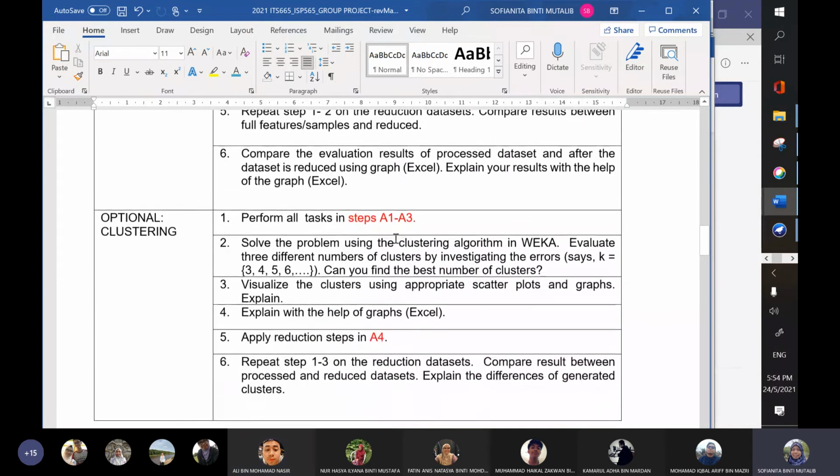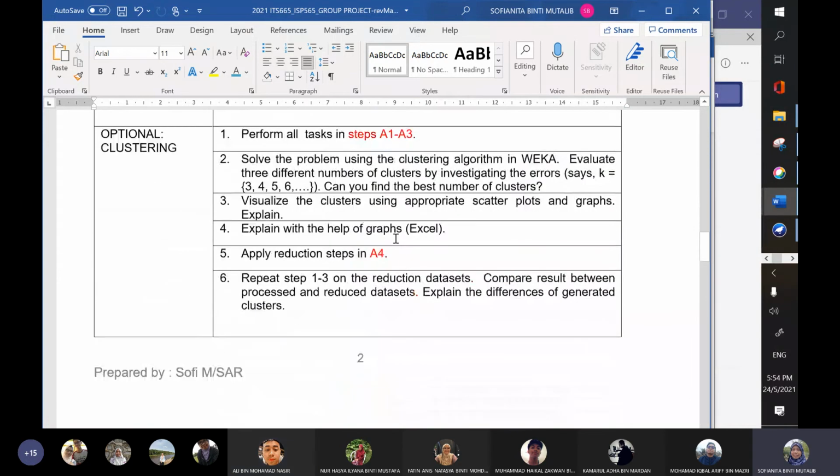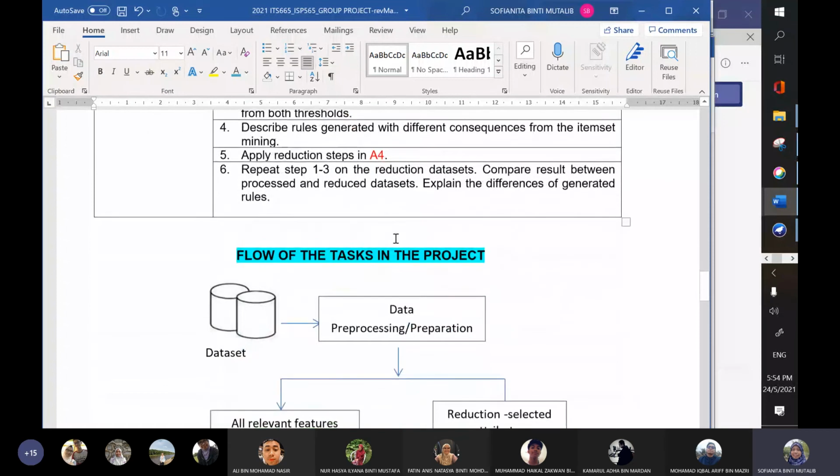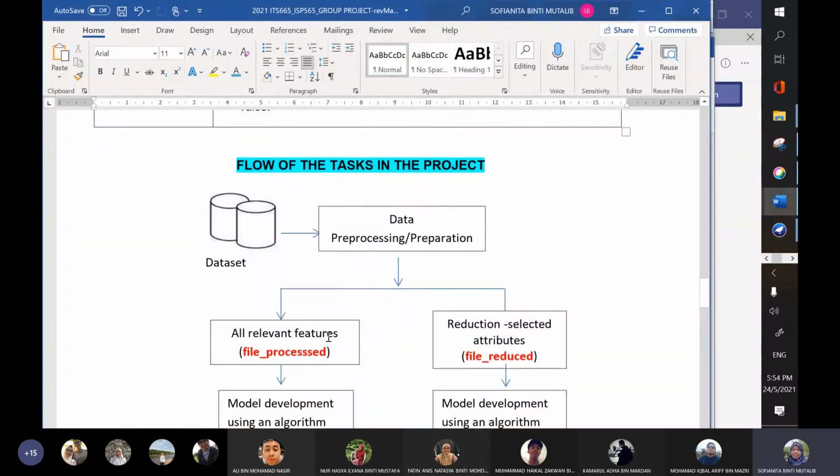Okay, so maksudnya nanti bila you dah dapat data set tu, you kena tahu betul-betul yang mana satu relevant features. Sebab ada certain column tu is not meaningful, means that it has the same value for all instances, like what you have done in the test. So it's not meaningful because everybody has the same value for that column.